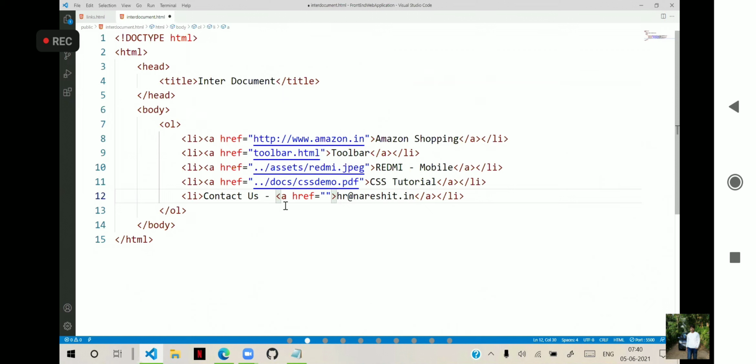Then the user can type only the message and send an email. For that, in href we have to use mailto. This is a standard keyword. You have to use exactly like this, mailto colon, then the email address, hr@nareshit.in. We have to configure that.